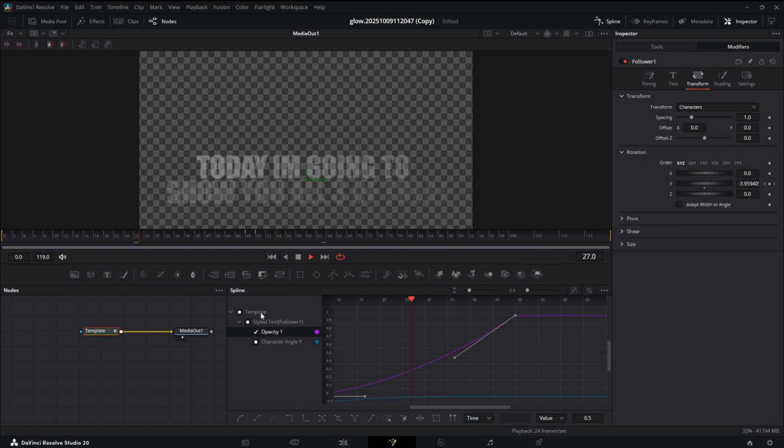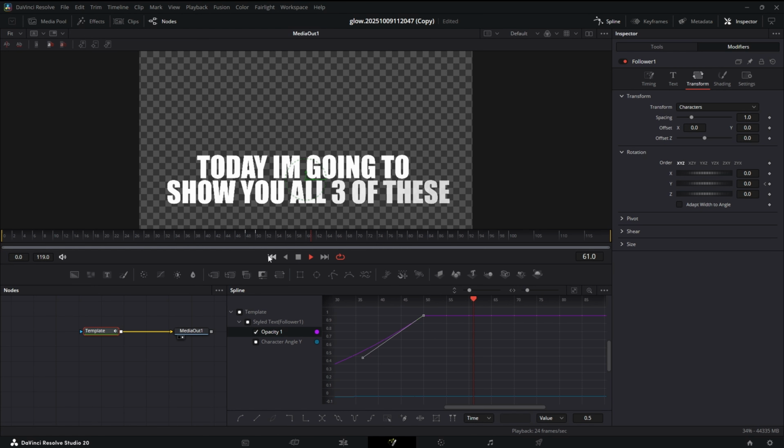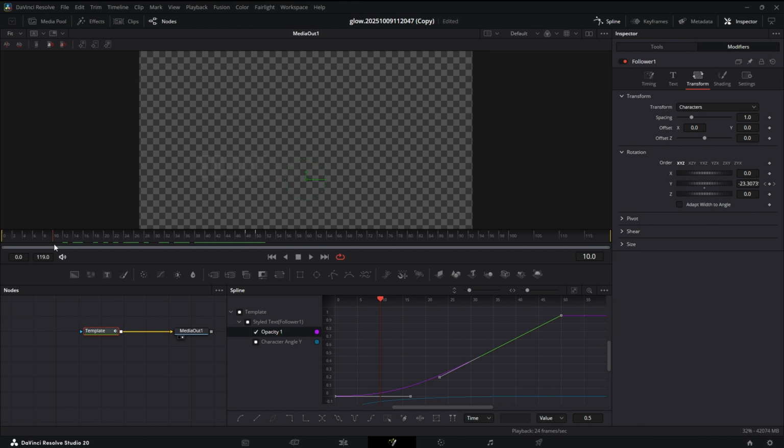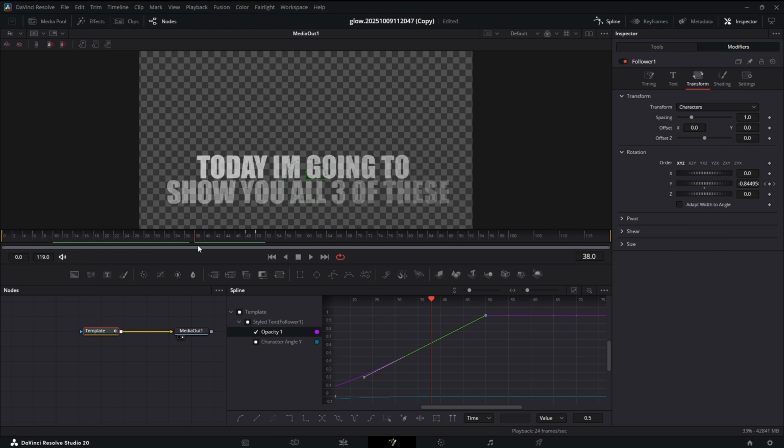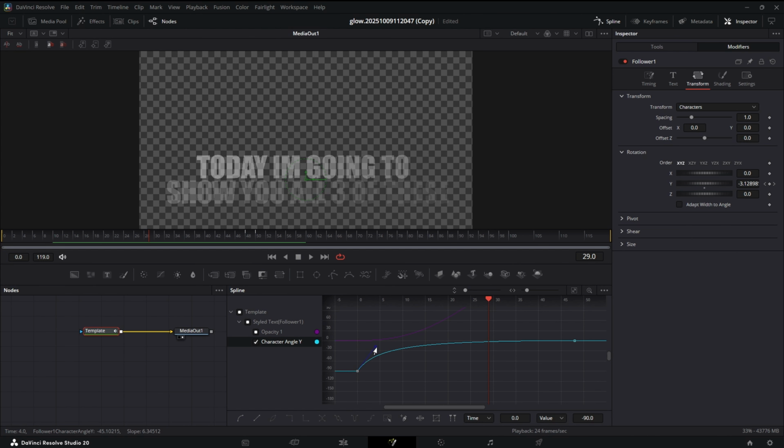So we end up with I think we can make the opacity a bit more pronounced. Slow the rotation down. Drag this back. And now, there we go. I think that looks pretty good.